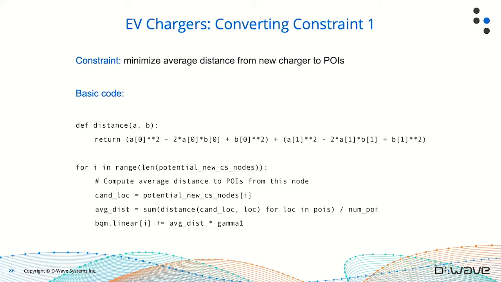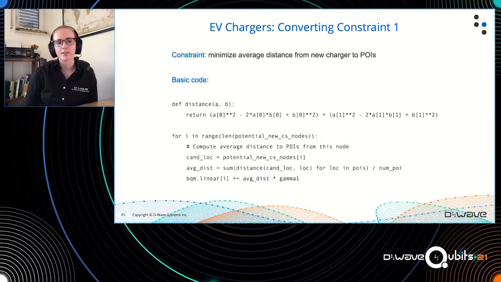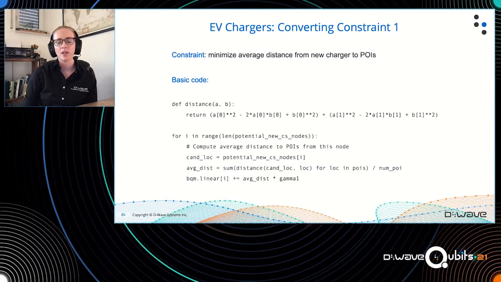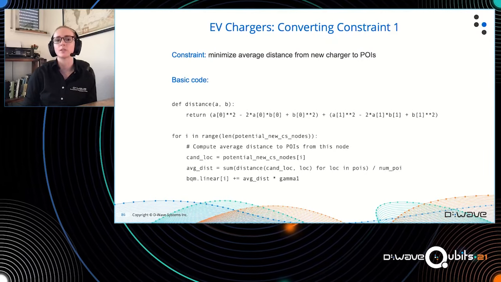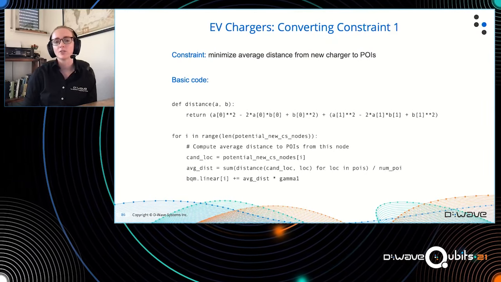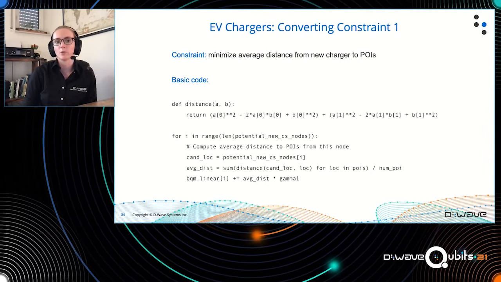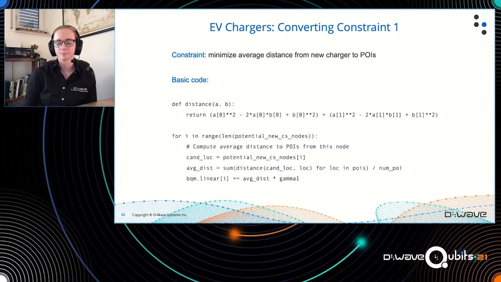We've got a for loop here. It's just one for loop, so it's not too bad. But what you do see here is that it's going through all of the potential new charging locations. And so remember in that picture on the last slide, I said all of that black space was potential new charging locations. So that could be a lot of new variables to go through. So let's see if we can do this more efficiently.